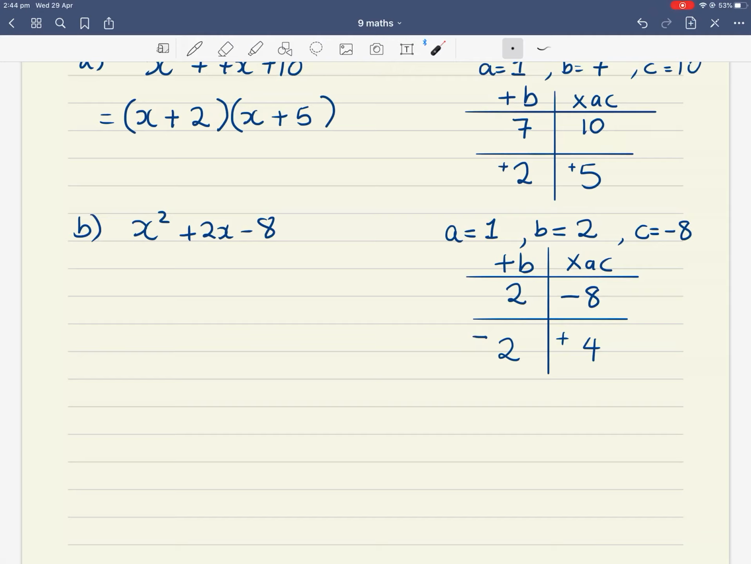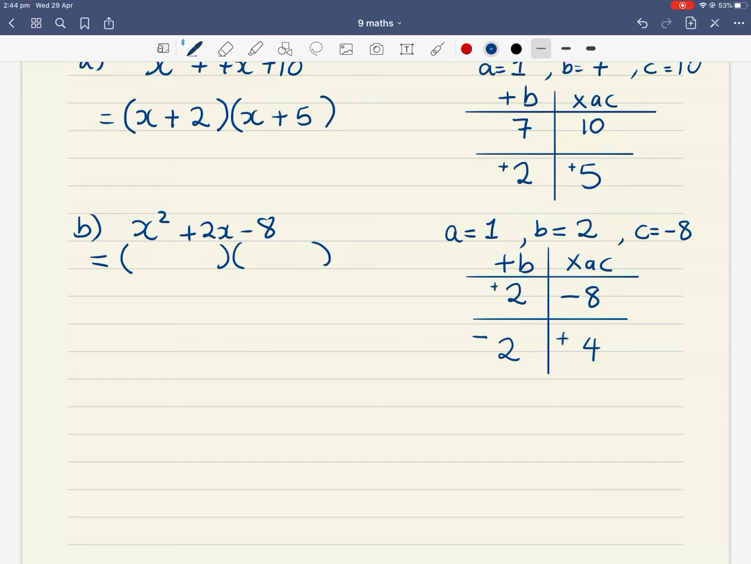multiply to become negative 8, because negative times positive is a negative, and they actually do add together to become a positive 2, because technically this is a positive 2. So 4 minus 2 gives you positive 2. So now that we have our two numbers that multiply to be negative 8 and add to be 2, we